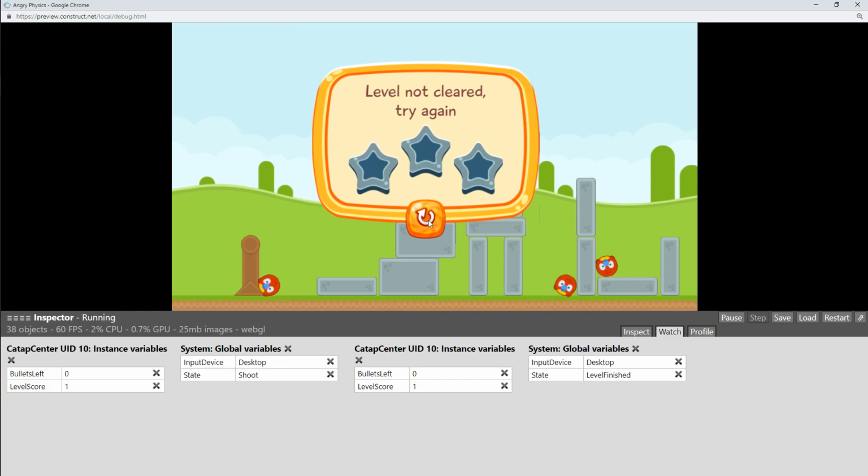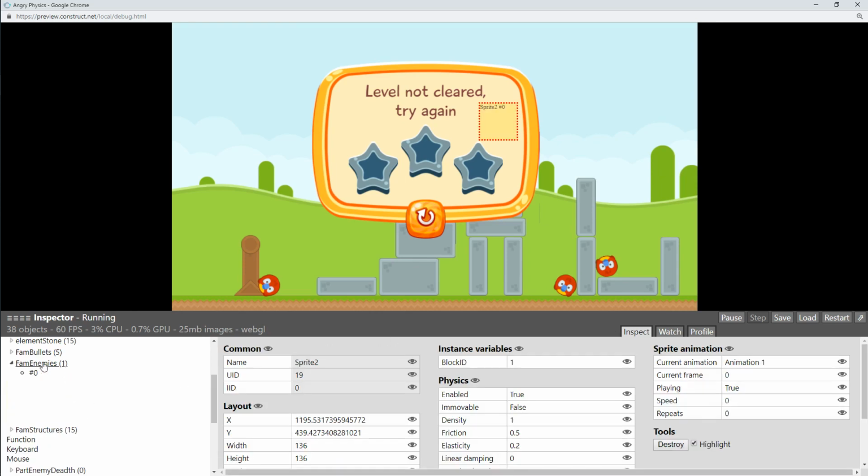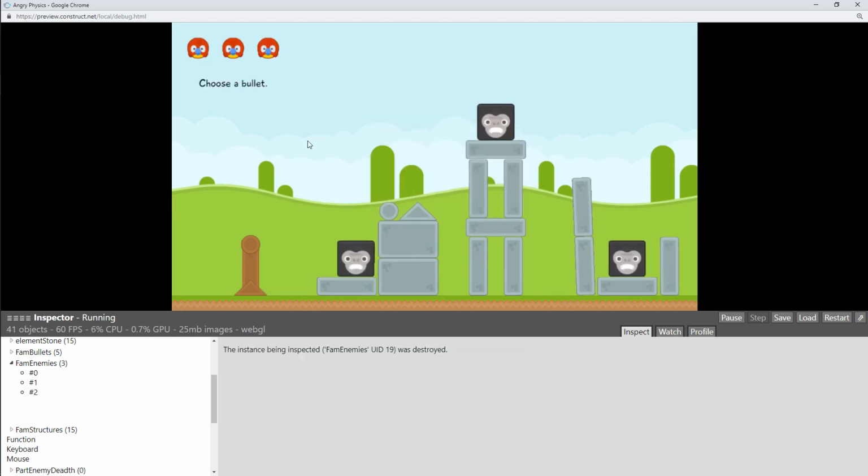And finally, we have the reset button here, and you can see here that my score shall be 1, but I am not having that score because I didn't clear the level. So you can also check here and see that we still have one enemy alive. It's behind the pop-up window,